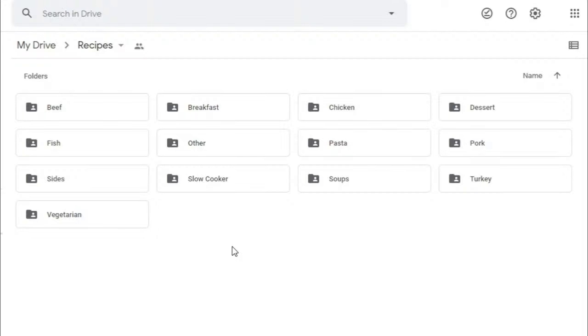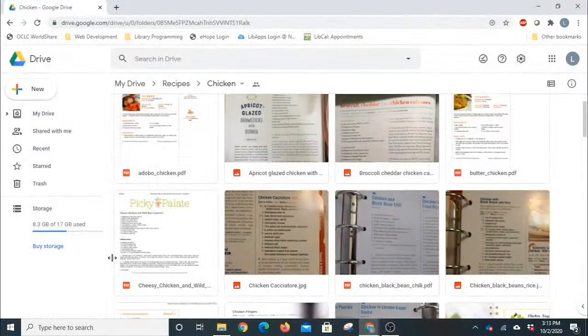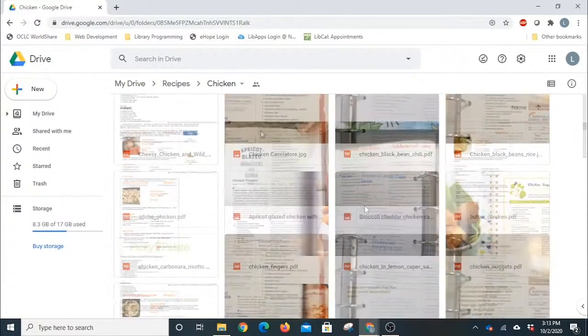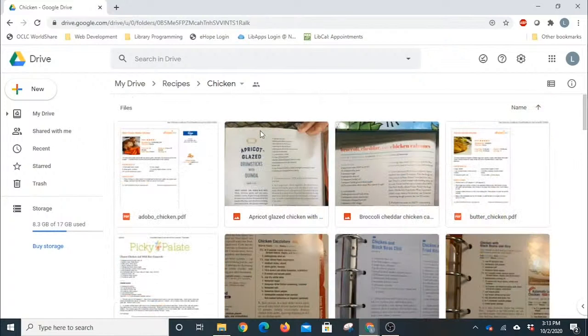And since Google Drive is mobile, I can have it on my phone, I can have it on my iPad. I can just pull up Google Drive, get the recipe that I want, and have it right there in front of me. It's all right here in my Google Drive. So as you can see, these are PDFs that have been printed off the web. They're scans of cookbooks. This has saved me an incalculable amount of time having all of my recipes in one